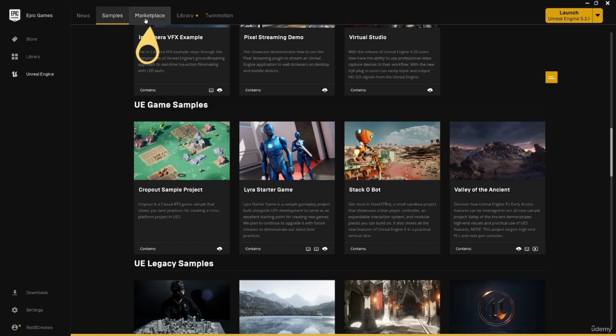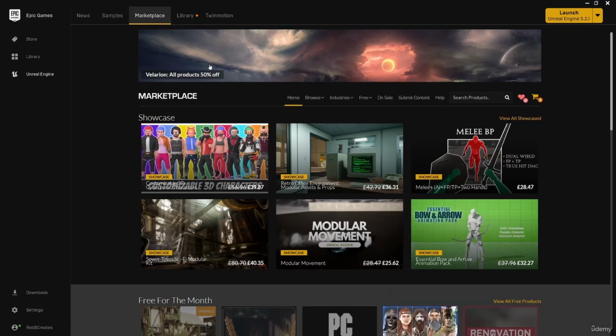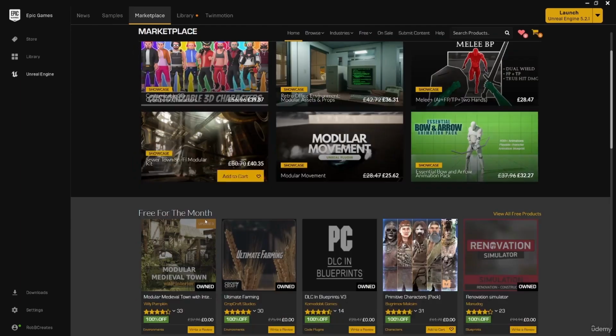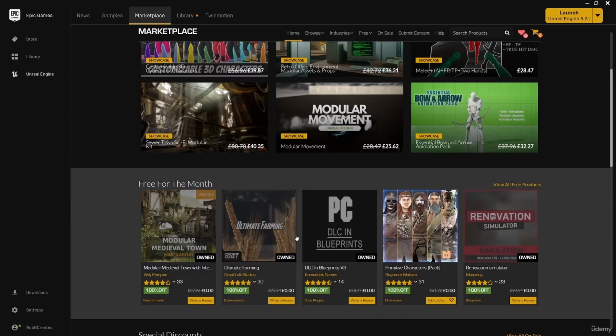Next up, we have the marketplace. This is one where you may want to check in monthly. The first week of every month, they release a free for the month pack, usually 5 different packs of different types of assets that you can add to your account for free and keep forever. These will be useful things like we have here a modular medieval town. So these are all of the assets that you can see that went into creating this town here. Really good if you wanted to start building up a collection of tools to use for your current or future